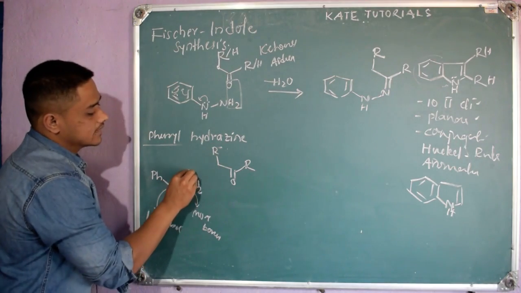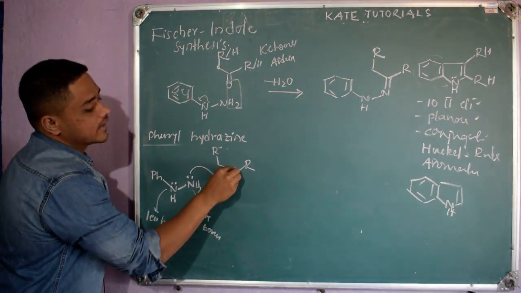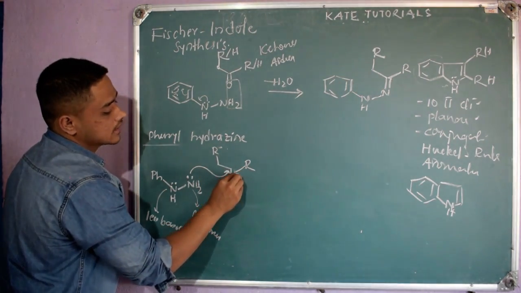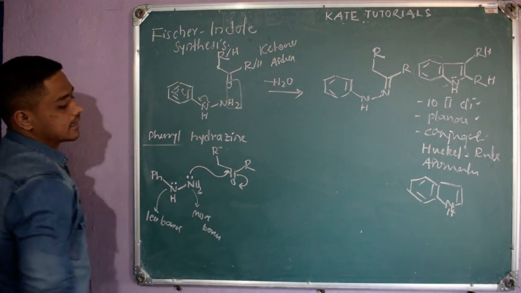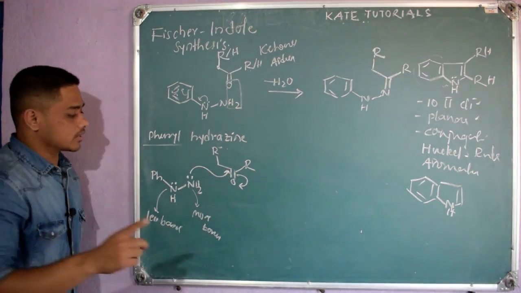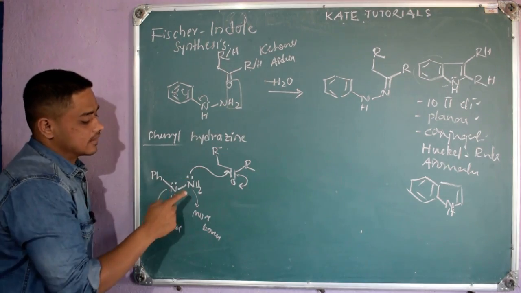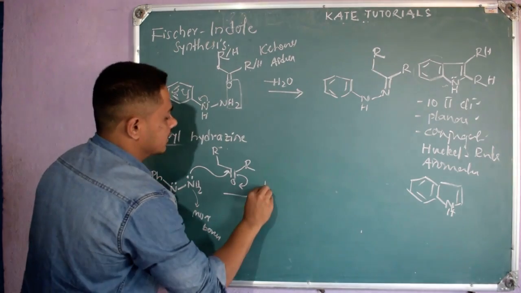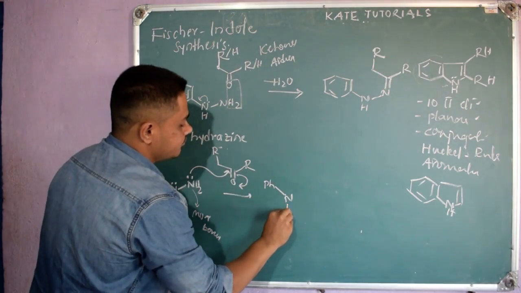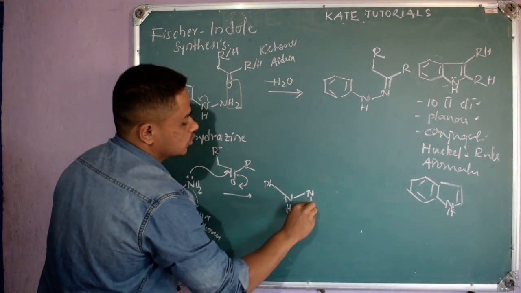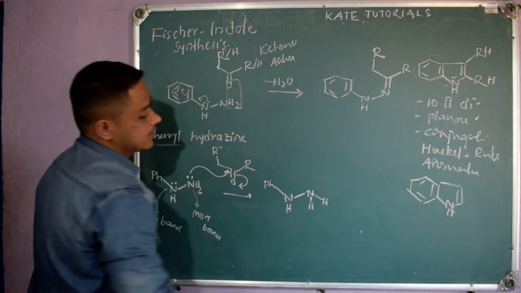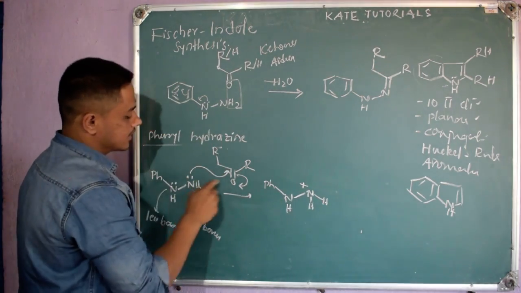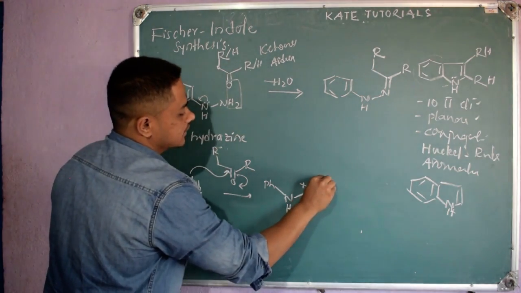So what happens, only this lone pair will react with this electrophilic carbon. This carbon is electrophilic because it is directly attached to oxygen, so electron density comes on oxygen, right? I hope you got the answer why only this lone pair reacted. The reason is the other lone pair is involved in conjugation, right? So what I will get, I will get this product Ph NH, this is NH2, can I write it like this? Since it is giving its lone pair, nitrogen gets a positive charge and it has bonded to this carbon.